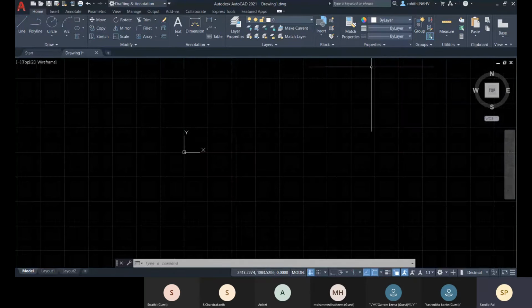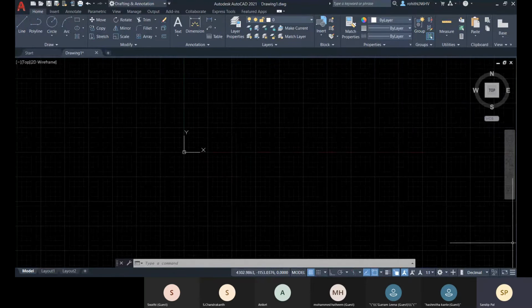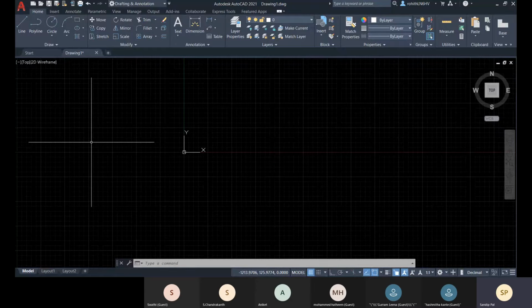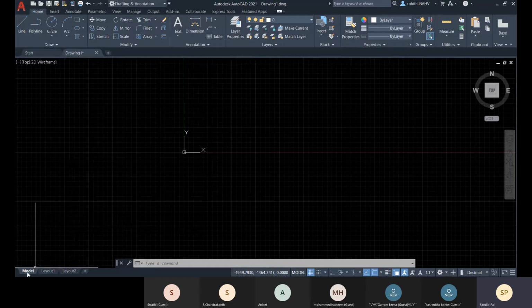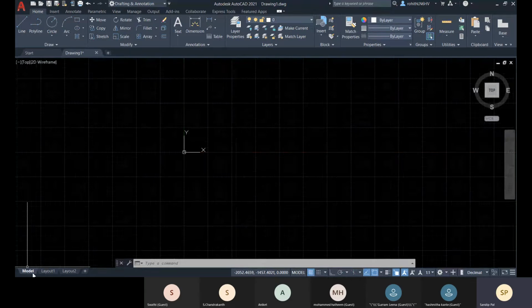But the right official term is viewport, or model space. So you are currently in this model space. Now come towards this bottom left corner, and here you see this model tab is highlighted in white bold.